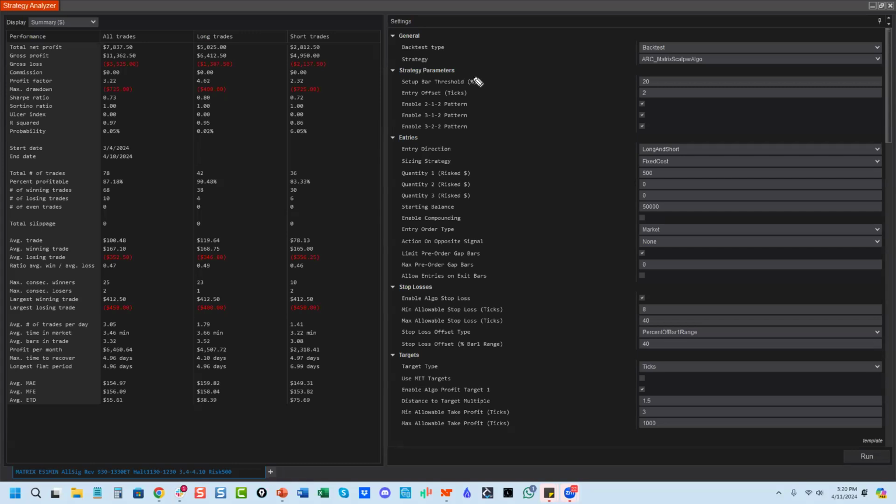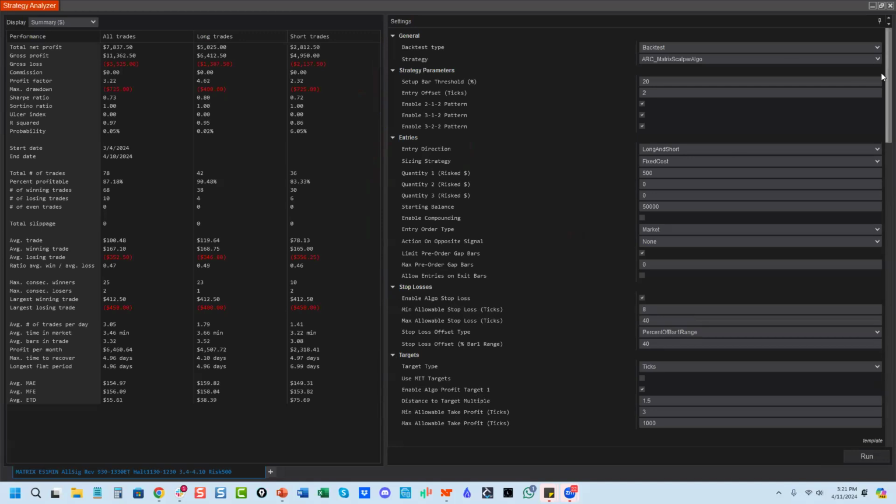And what we've done is we have the signal. This is the signal component, okay? Then we've built a multi-execution component, which allows you to choose your strategy risk, your quantities, your position sizing, your account balances, your order execution entry types. Then we've created a stop loss algorithm section where you can control the stop losses, right? This allows you to choose whether you want to use tick-based stops, volatility stops, or an algo stop. I mean, this is what I'm talking about.